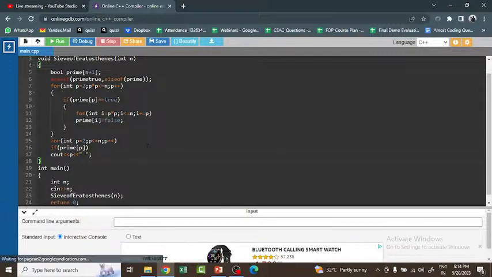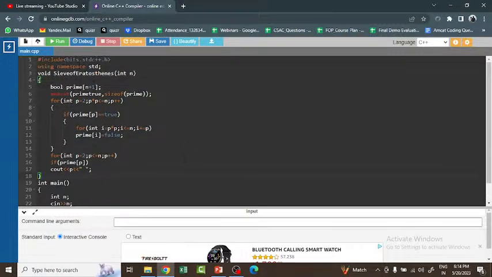Yeah, so what I am doing here is, first we should find all the prime numbers up to a given integer n. Right. Now I am including the header file bits/stdc++.h, which includes all the standard C++ libraries. And this particular function takes an integer n as an input, which represents the upper limit for finding the prime